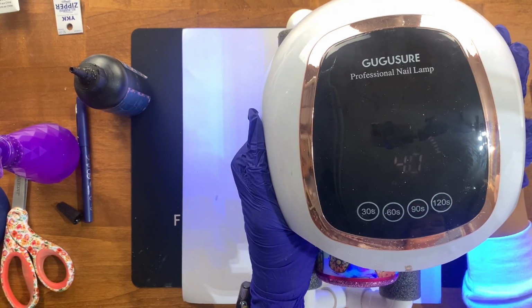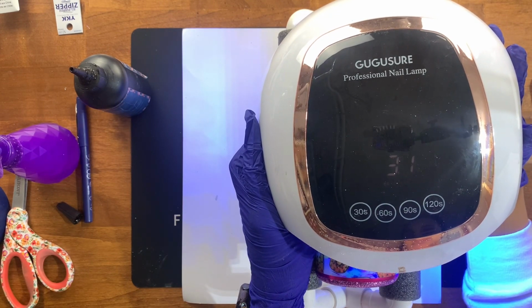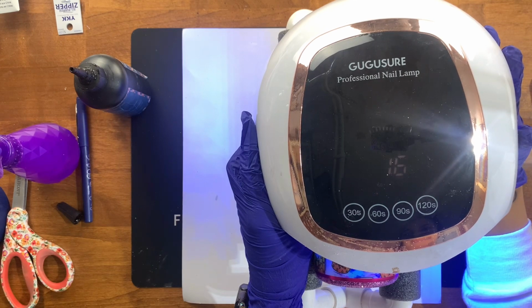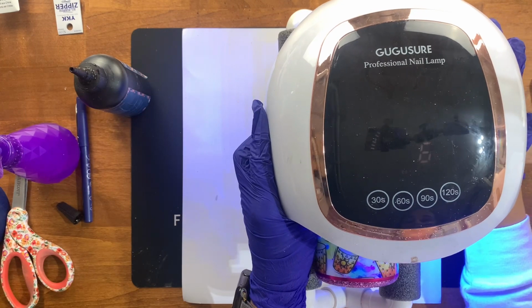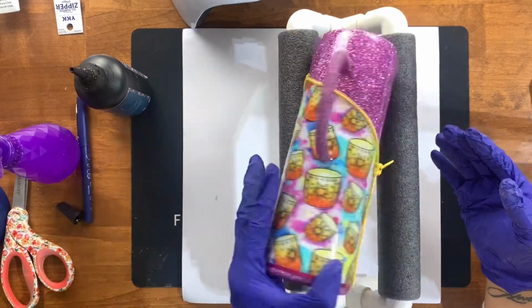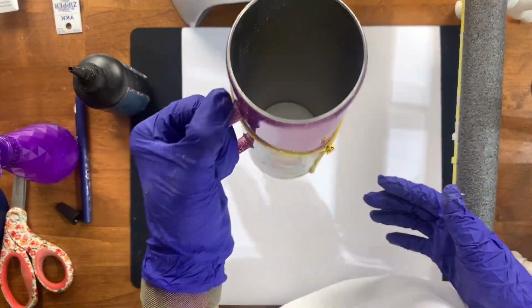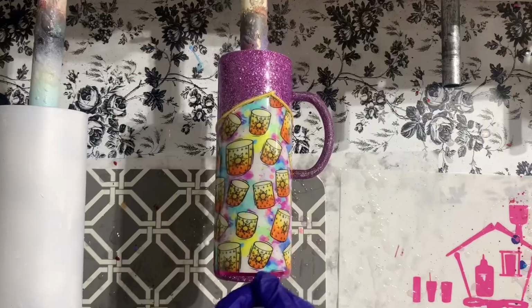Now we are going to epoxy over this, of course, but I wanted to make sure, again, I had that strong hold to begin with so that I didn't have any mishaps when I went to go apply my coats of epoxy over top of this cup. So I'm going to do another 60-second cure of this handle just around those edges, and then I can go ahead and pick this up. It should be pretty sturdy at this point after that bit of UV resin. And then we can go ahead and put this on the turner to epoxy this handle directly onto the cup so it looks like it was meant to be there the entire time. So let's go ahead and jump right over to the turner and let's epoxy this